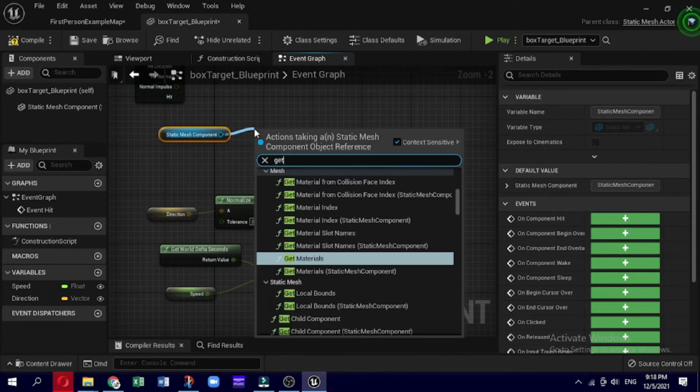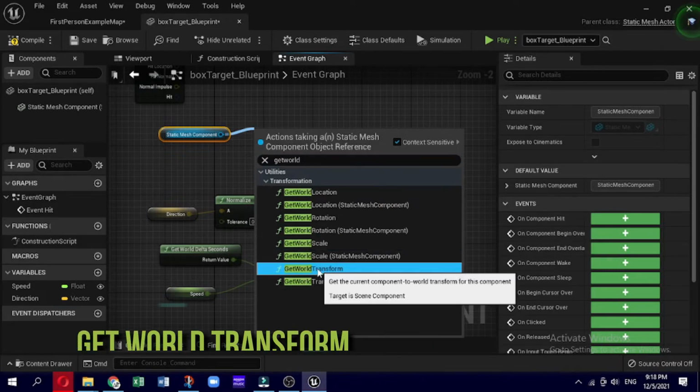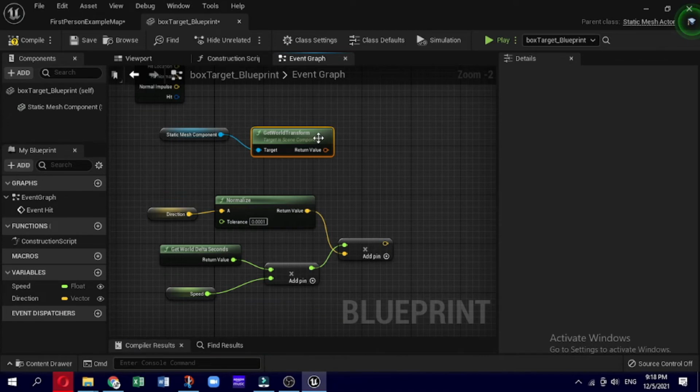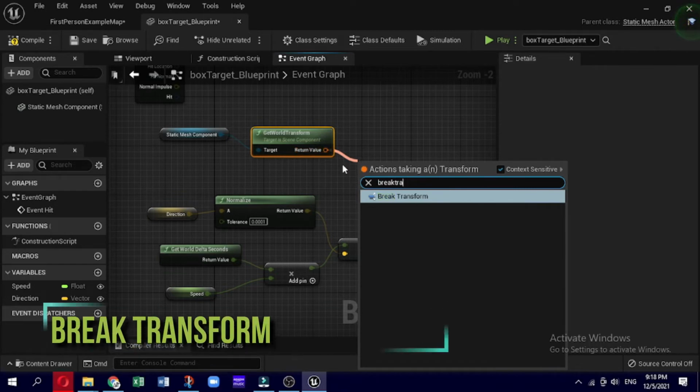One of several ways to handle this is to look at the transform properties of an object and extract the location from there. Click and drag the blue output pin into empty space, and then type Get World. Select the Get World Transform option to create the node. A transform contains information about the rotation and scale of an object, in addition to its location. This will be useful because we want to ensure that we preserve the rotation and scale of our target even as it is moving, and we will need that data to create a transform value from our new movement information.